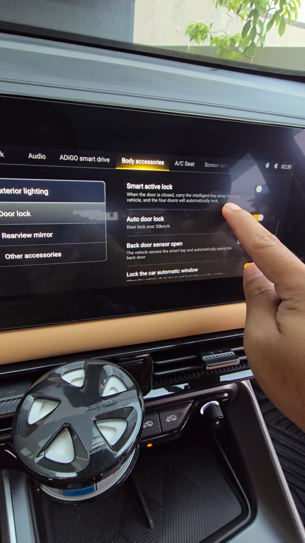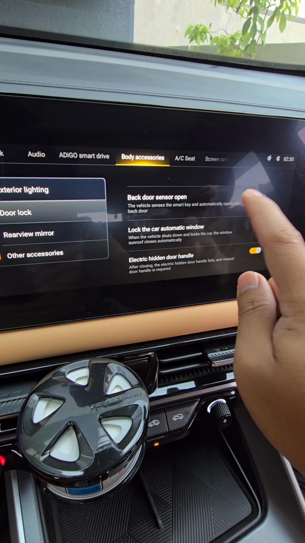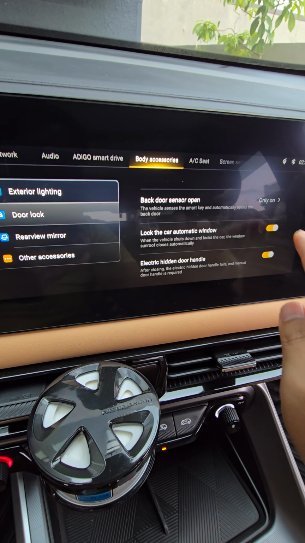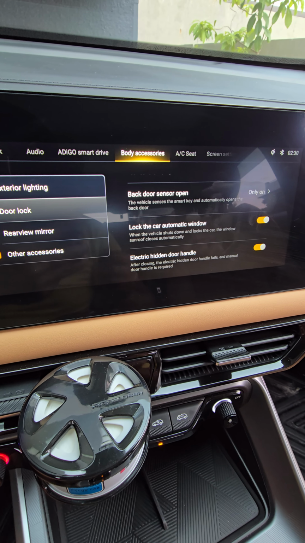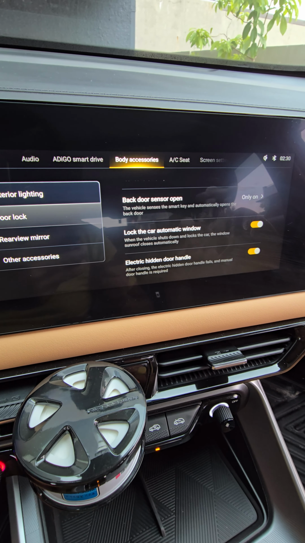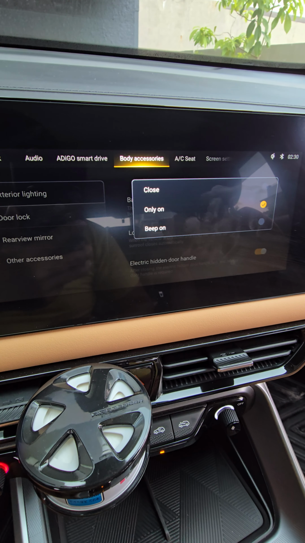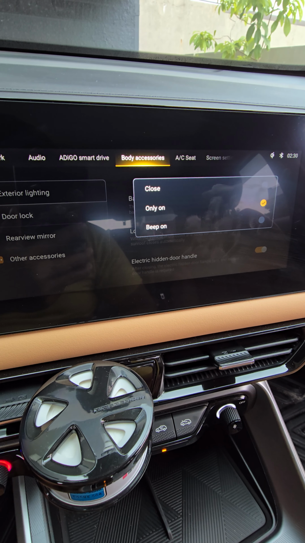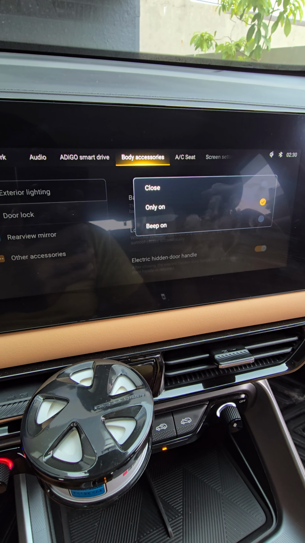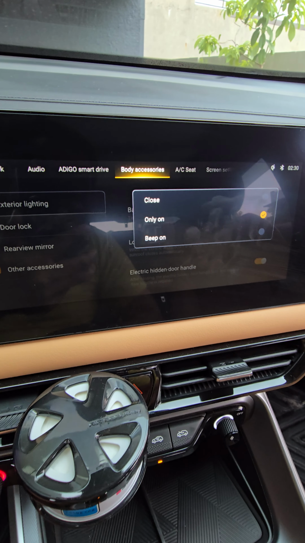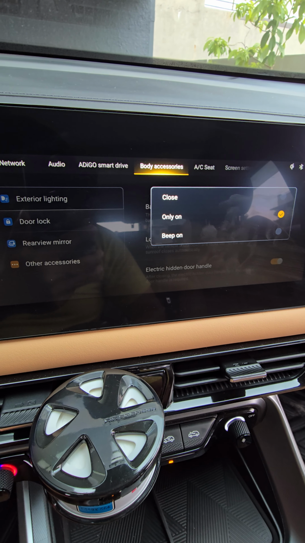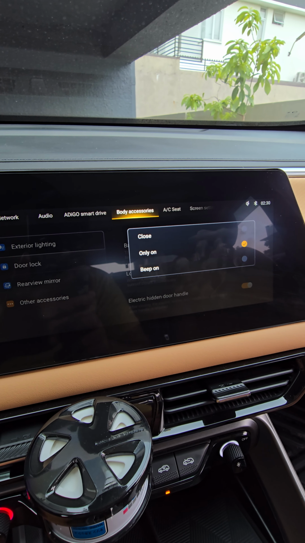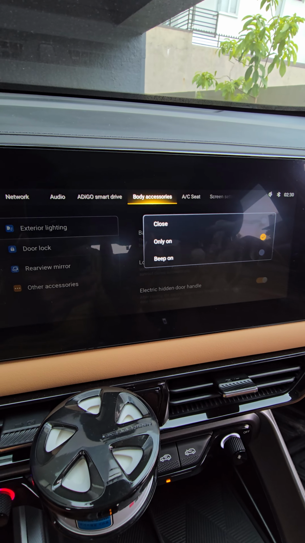And then the backdoor sensor is the proximity sensor setting for the lift gate. You have three options. One option gives a beeping sound and red lights before it opens, one option gives only red flashing lights before the lift gate opens, and the other one is to disable it. So there are 4 beeps or 4 flashes before the lift gate opens, so you can still react before unintentionally